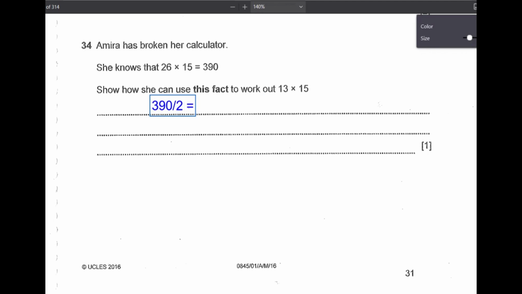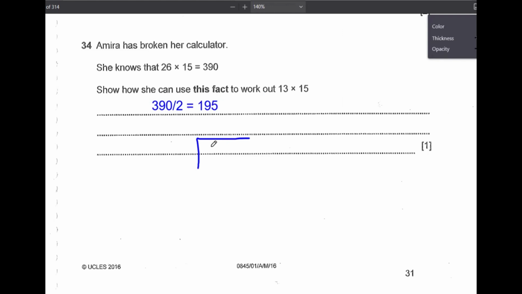We divide it, it's equal to 195. Yes, 195. Okay, if you would like to, you can do long division, okay, which is like